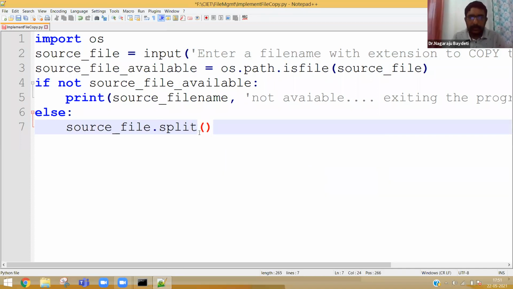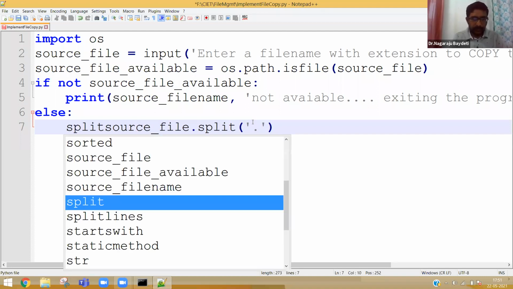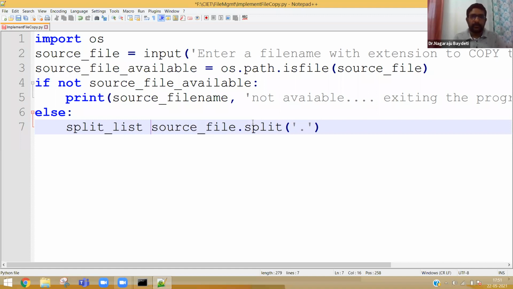Tell me, what is the special character which divides a file name and extension? It is nothing but dot. So split the source file with dot. Split will return a list. So split list is equal to.